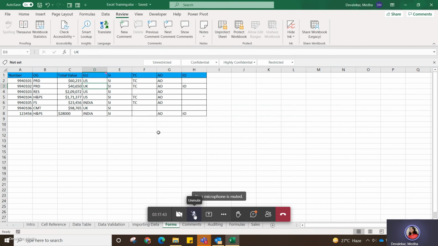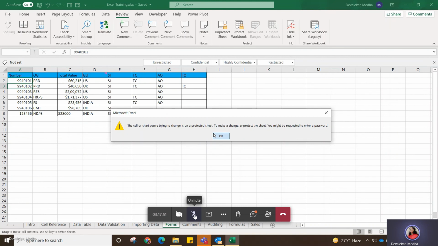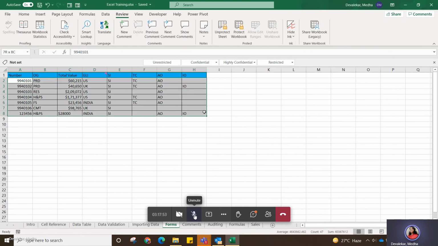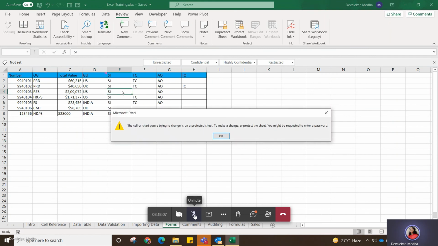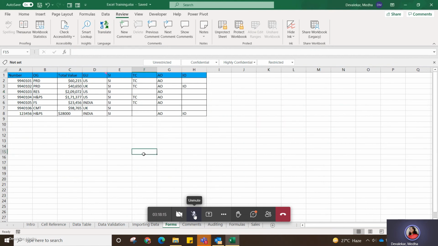No, not edit, only see the data. So he can't edit it also. Okay. Again, if you try to copy or anything, copying is done. So copy you can do, paste you can do, or view the data can be done, but editing is not possible. We are not able to edit it because it is a protected sheet. So likewise, you can protect your sheet.